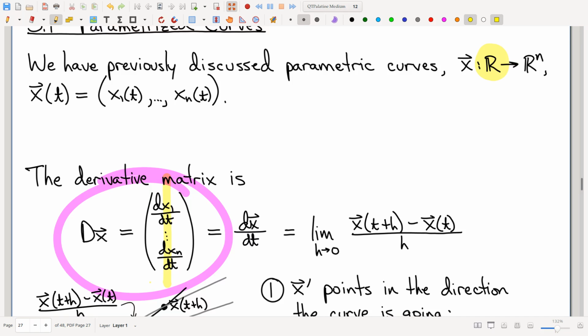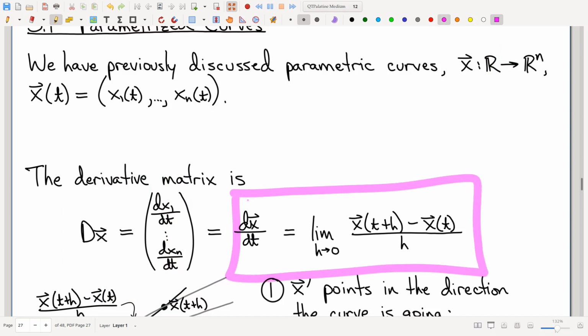Okay, now with that noted, let me remind you all, we have an existing idea for how to take a derivative of a single variable function. Here's how you take a derivative of a single variable function. By the way, notice, indeed, we have a single variable function. Vector valued, yes, fair, right? But there's only one input variable. And this ye old formula for derivatives from Calc 1 works just fine. There's nothing wrong with this, right? And